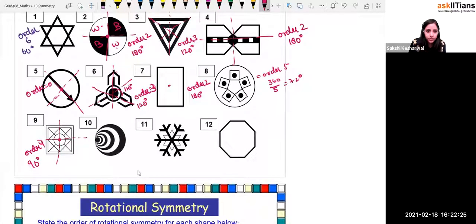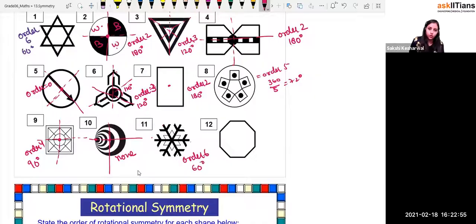Now what will happen to this? 100%, this is going to be rotated from here, right? It does not have any center, so it's going to be rotated over here only, right? If you rotate it from the center, also from this center, it will have none, right? And this is like 1, 2, 3, 4, 5, 6. So this will have order 6 symmetry, and the angle will be what, beta, 60 degrees.